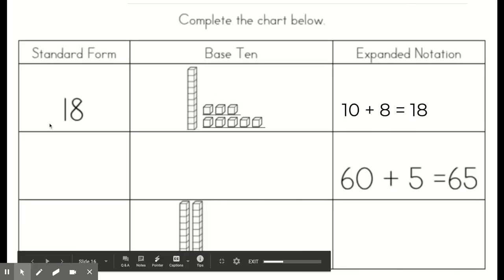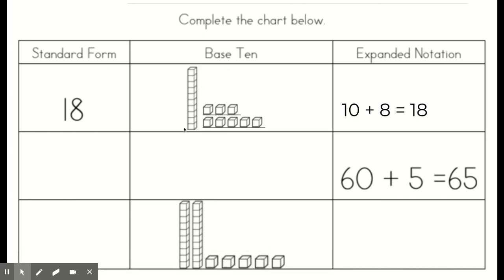So there you see the 3 ways that we're representing the number. Standard form, base 10 is your blocks. This is the 10s, and this is 8 ones. And expanded notation, 10 plus 8. So here, these 2 are blank, so you have to look here. Your standard form would be